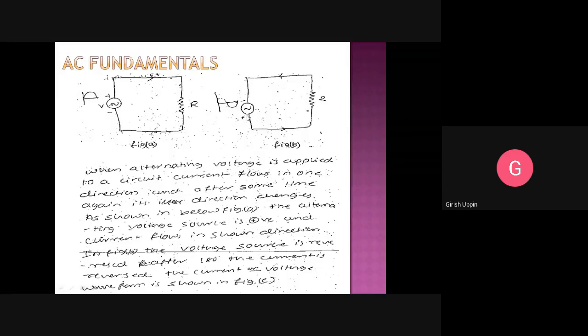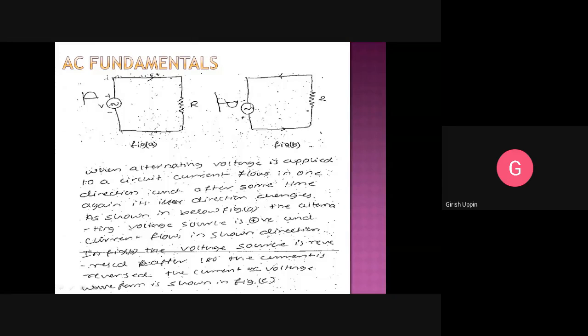So current will start flowing in the opposite direction to what it was flowing in the first half cycle. So current will start flowing from here, from 0 it will gradually increase and reach a peak value, and again gradually it comes back to 0. And after this negative cycle, again I have a positive cycle, so current will flow in this direction for the next half cycle. Then during the negative cycle, again the current will flow in this fashion.